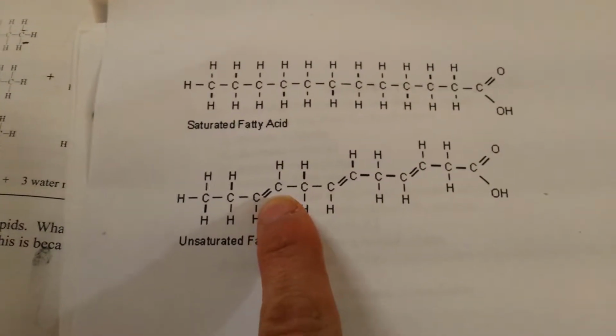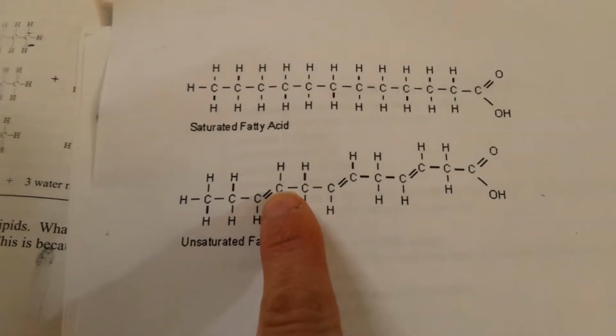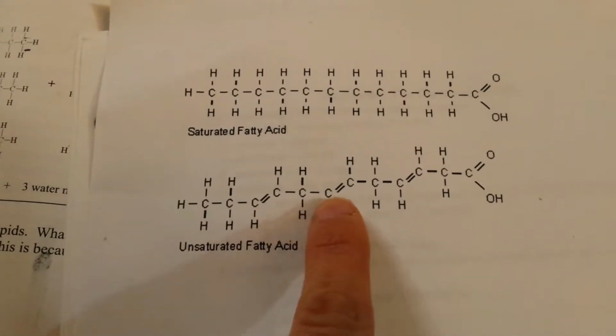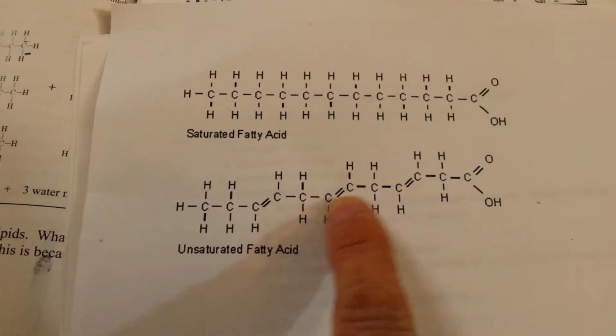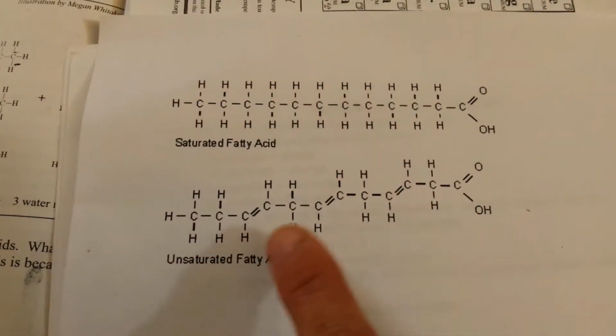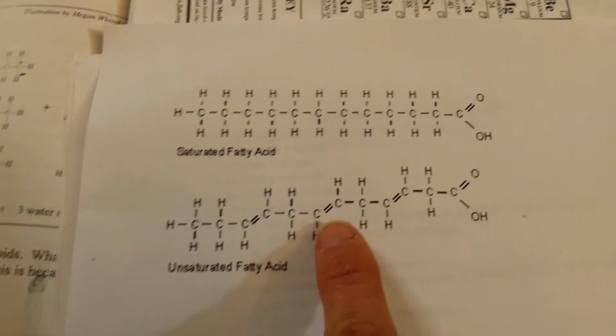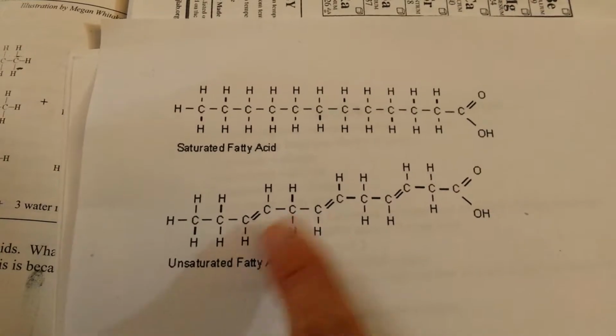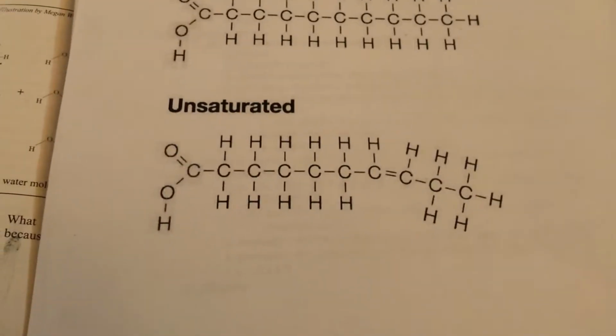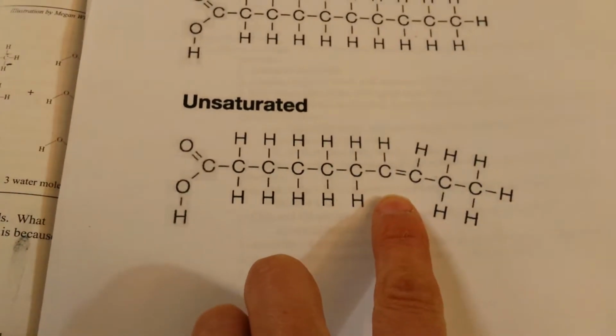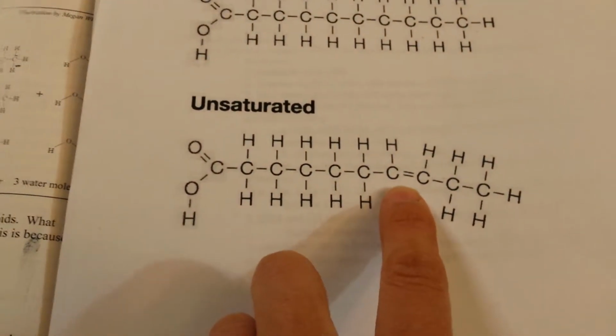See, we have carbons with double bonds between them, and where those double bonds are, they're actually missing hydrogens. There's another one, it's missing a hydrogen, and another one. This is a polyunsaturated fat. It is not fully saturated with hydrogens at 3 different places. We also have monounsaturated fats where there's just one space where hydrogen is missing and there's a double bond